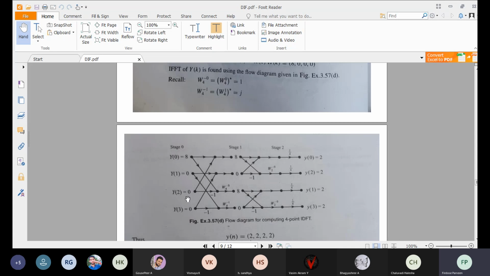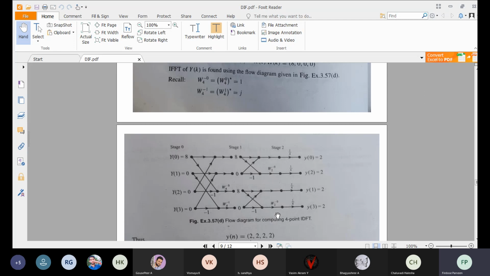So this completes the first stage. What about the second stage? Again it is 2 point. So 8 here, 0 here. So 8 plus 0, it is 8. Got? It is 8. So here what we'll be having? You'll be having 8 minus 0. So 8 minus 0, again it is 8 into 1. So 8 you will be having here. So again here 8 plus 0, it is 8. Okay. So here 8 minus 0, again here it is 8. Okay. So now 8, 8, 8, 8 I've got.